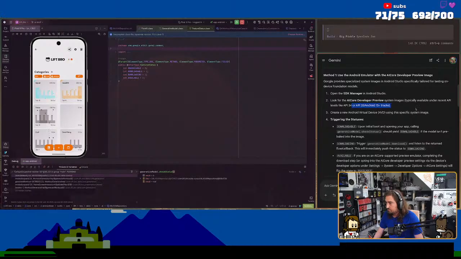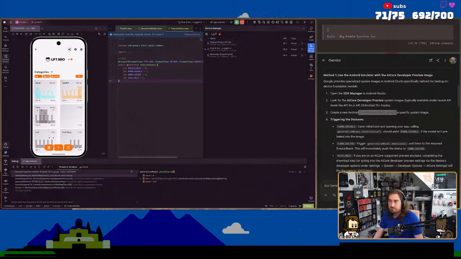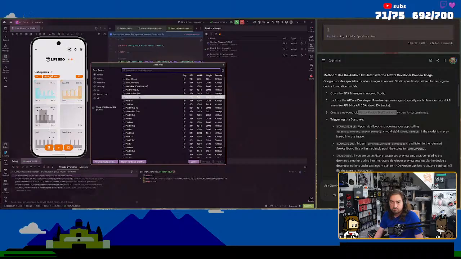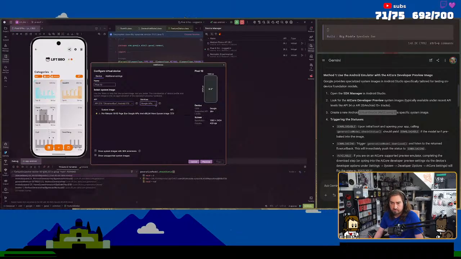SDK manager. Okay, so I just have to create a new AVD. Sweet. What is there? Let's do the Pixel 10. Actually, let's just do a Pixel 10. A regular. So is this like Google APIs?